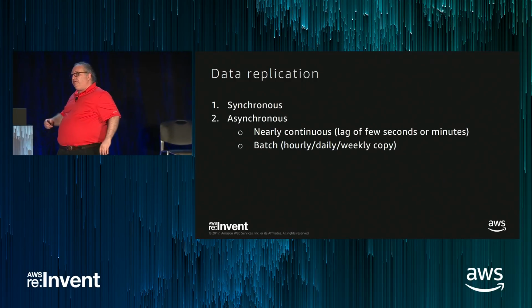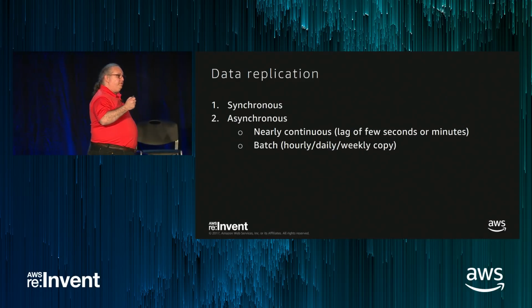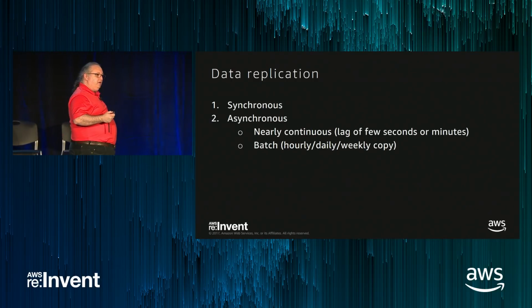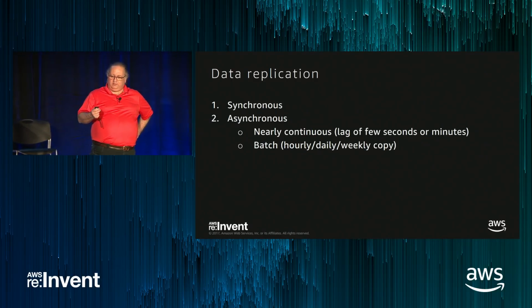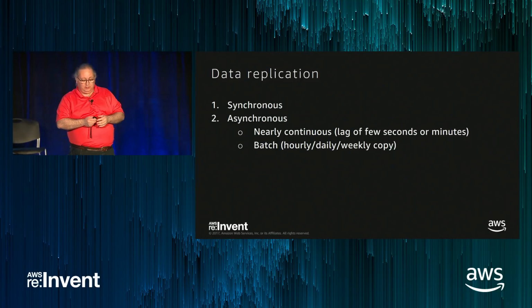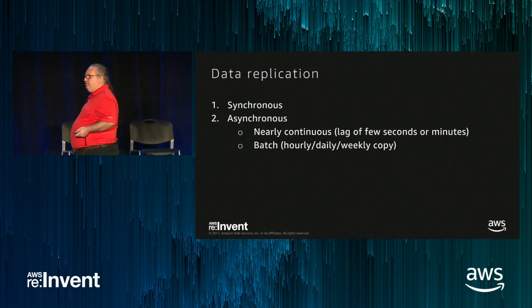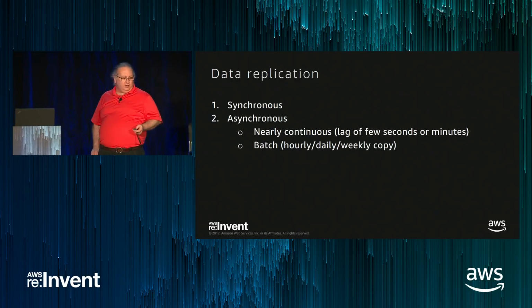Part of that complexity, and you'll be seeing this, is whenever we're doing true multi-region stuff, you've got to be able to deal with asynchronicity. You've got to be able to deal with eventual consistency and learn to embrace it and design around it. This is one of the things that makes this hard, because very few applications are written with this in mind. You can't just take an existing application set and say, I'm going to deploy this multi-region. Well, you can, but then you're going to fail. So you're going to have to do some significant changes. Asynchronous is useful. There's lots of ways to do asynchronous replication. Girish will walk through a good number of them.